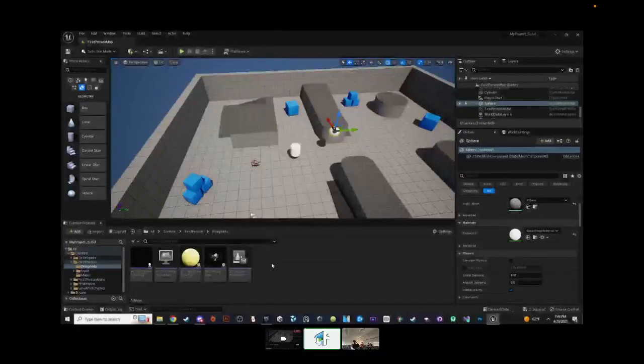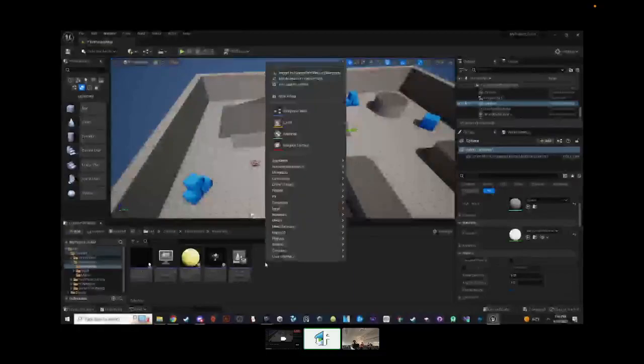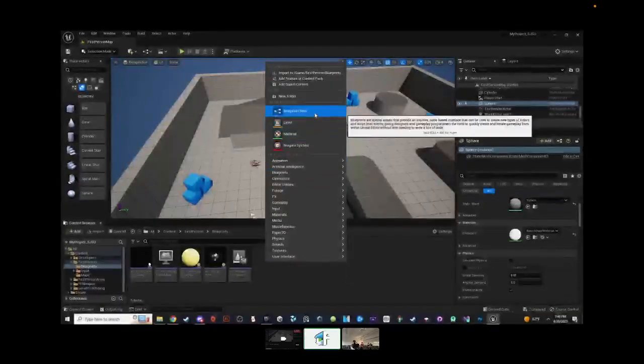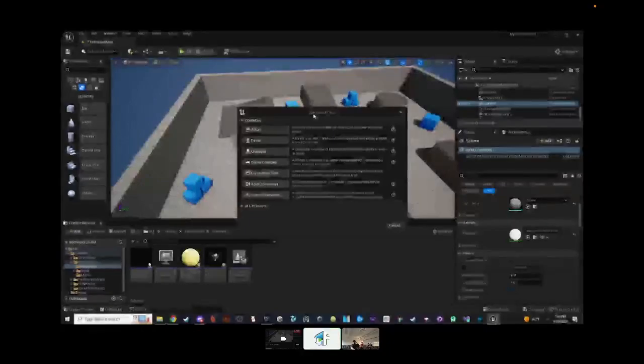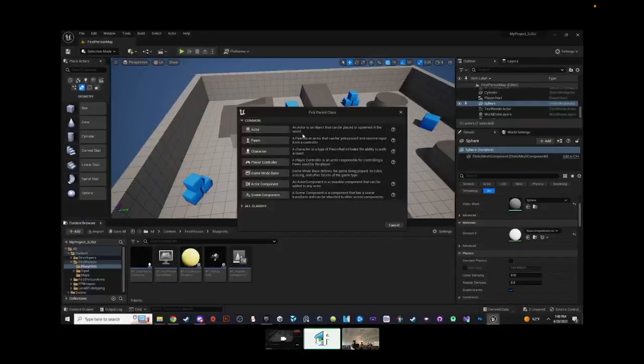But as for specifics, if you right click an empty space, you can see more stuff that you can create, such as your levels, materials, background, and all that. But again, blueprint classes as well. If I were to select that, it's going to present you many different options. And you could take your time to actually read these to hopefully get a better idea.